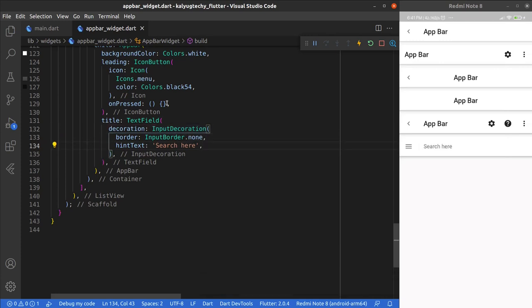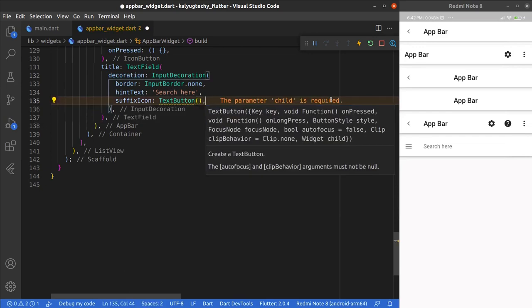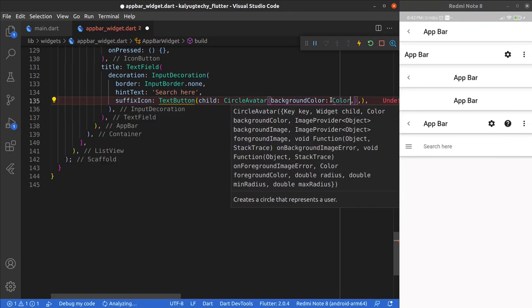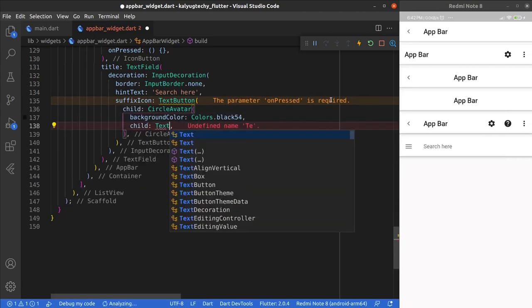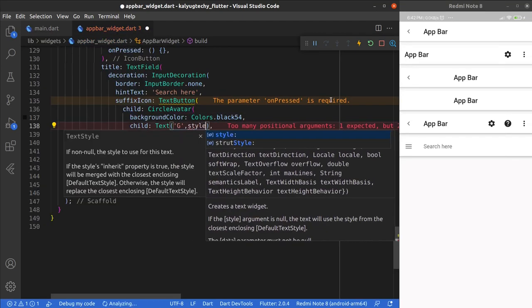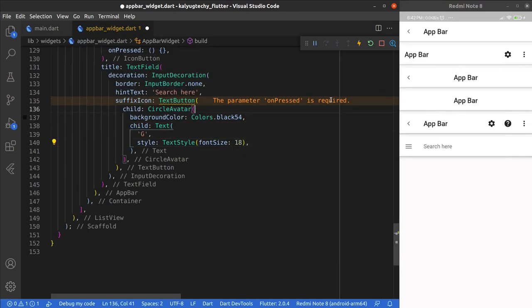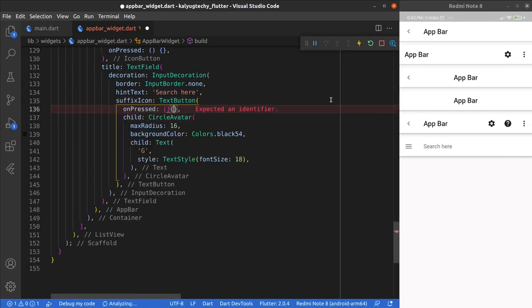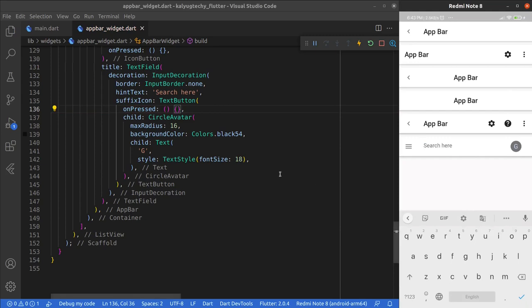And we are going to have a suffix icon, which is going to be a circle avatar where we can show the user's email and that kind of thing. And we are going to place a radius on the text field for how much you want it expanded. So this is a max radius, and we also have an onPressed event where you can place any events.